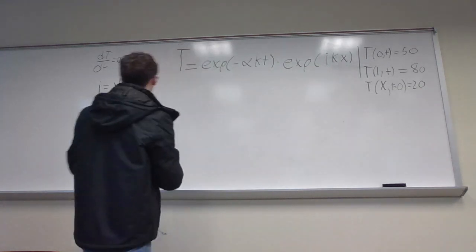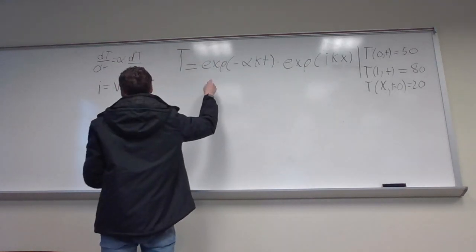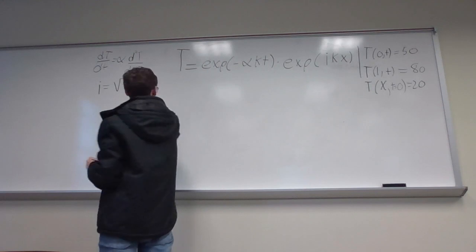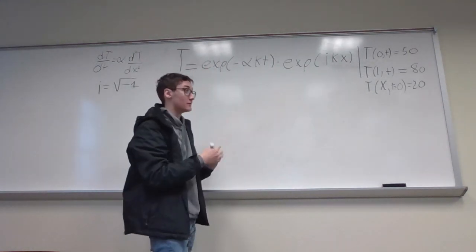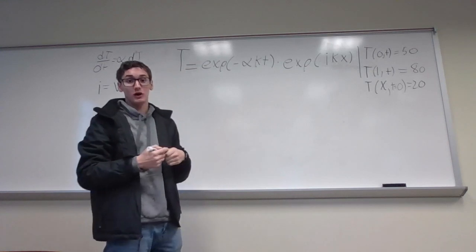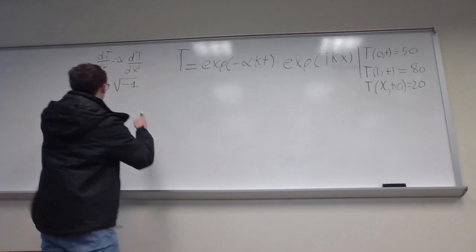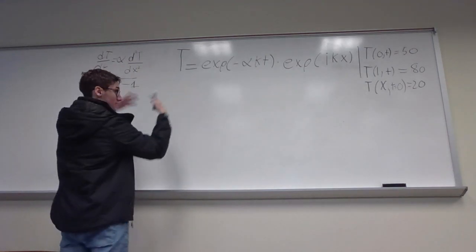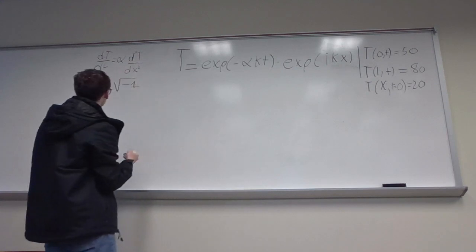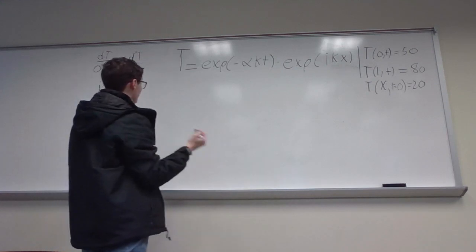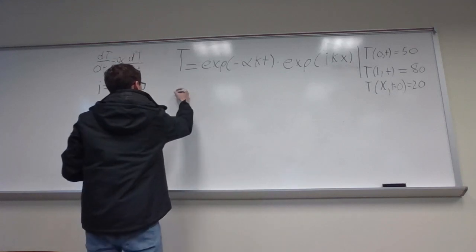And we also are going to have to use the equation we had solved before to plug into this. So first, something we also have to know is that we have I in here. I is the imaginary number, the square root of negative 1. So what we're going to do is essentially use this and combine them and see if it actually is a solution. So we have dT over dt. With respect to time, we take the derivative of this. So you end up getting negative